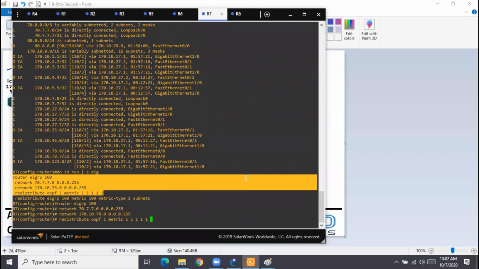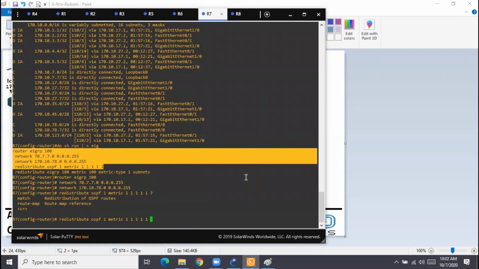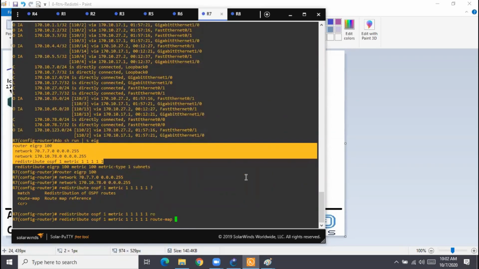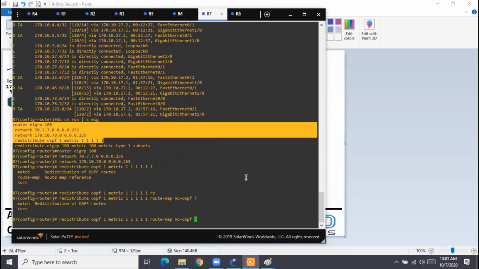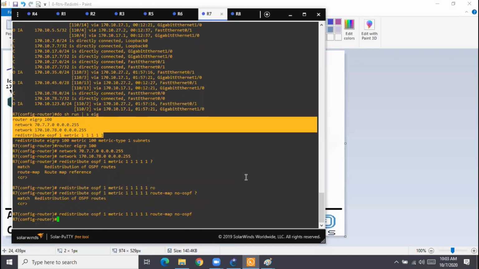I get back that command, and at the end, if you put a question mark, as I said, you have an option for route map. I give some name, like no OSPF. After that, you see there is only match, but there is no direction. There is no in and out. Why? Because redistribution itself is only in the out direction. There is only outbound, no inbound. Redistribution always happens in one direction, unidirectional. So I simply say yes, finish.